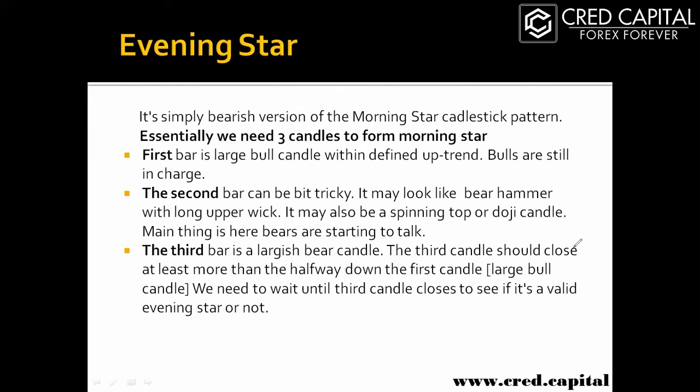So firstly, we will have a large bull candle, which is a buy candle according to the trend, because the trend is towards the upside. With the continuation of this pattern, the first candle is a large bullish Marubozu in the chart, okay? The second candle can be a bear hammer, like a hanging man, an inverted shooting star, or a gravestone doji. At least these three candles must appear as the second candle of the formation, okay?